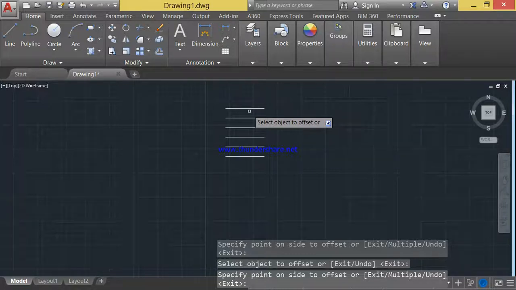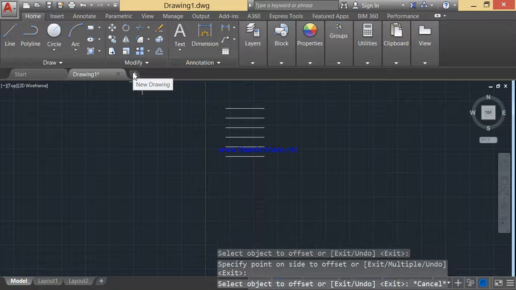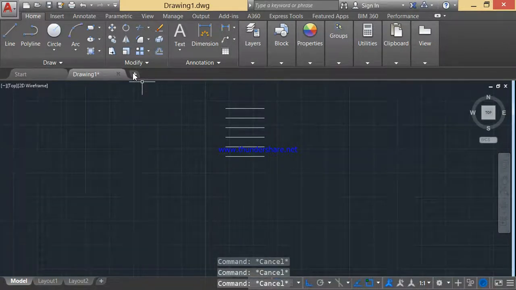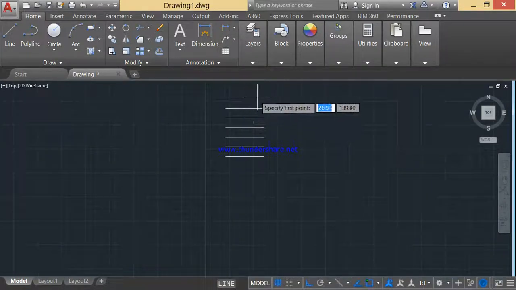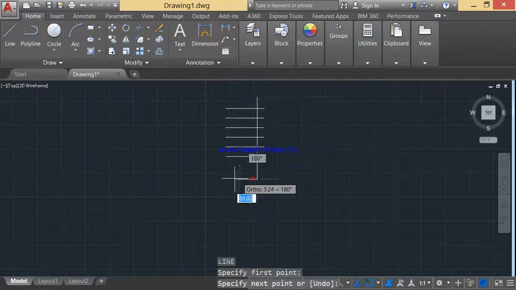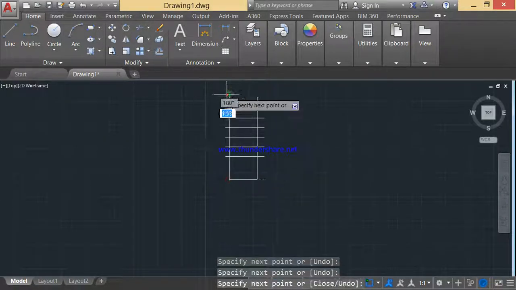Now the next command, after offset you have the move command, or for example I'll take a line command. In order to come out of the command, I'll press escape. I'll type the line command. So line command, the shortcut is L enter. You can see there in the brackets it's the full form, L is your shortcut, L enter. So I'll just draw a line in any fashion. Okay,